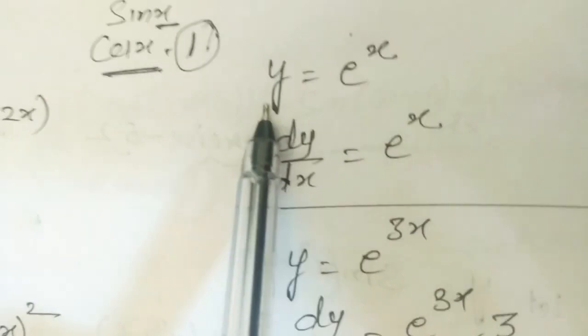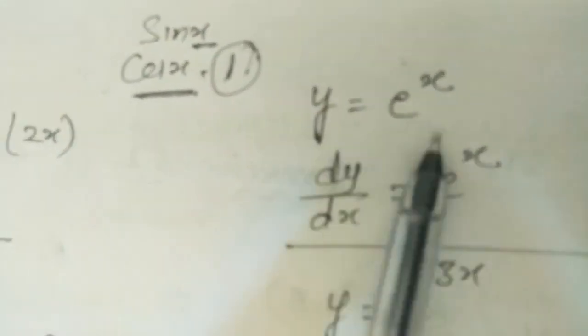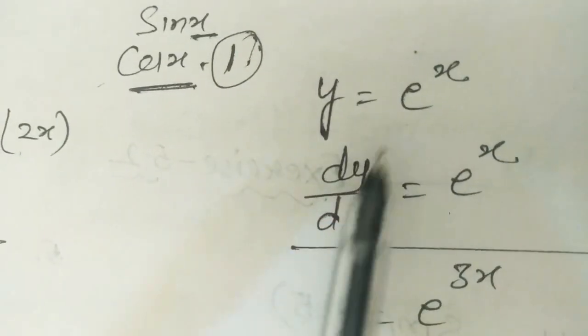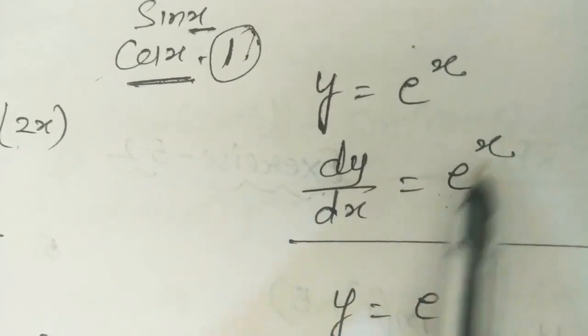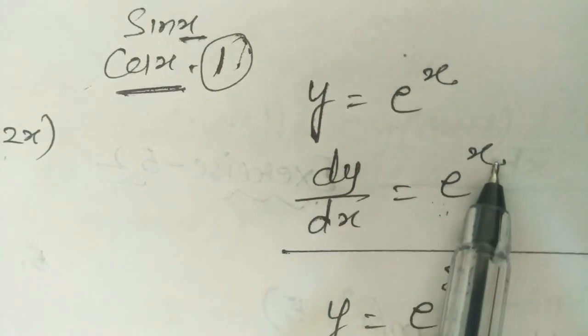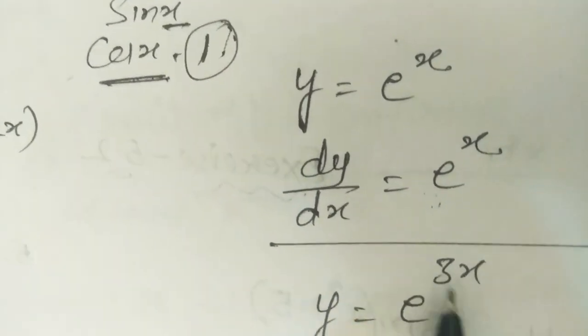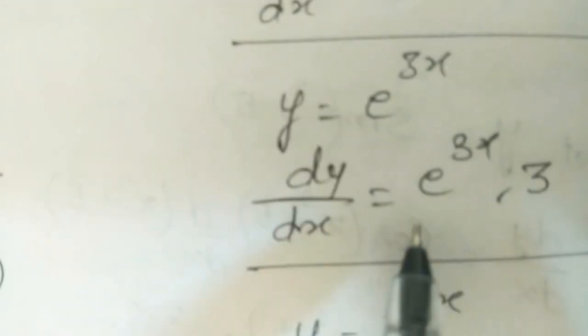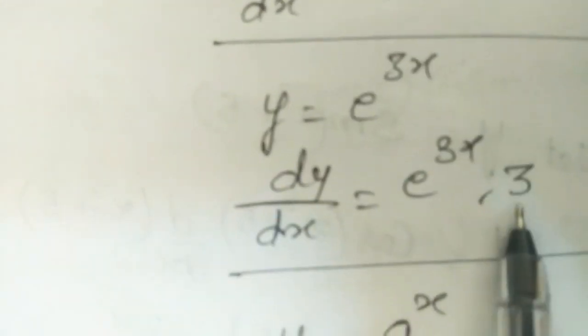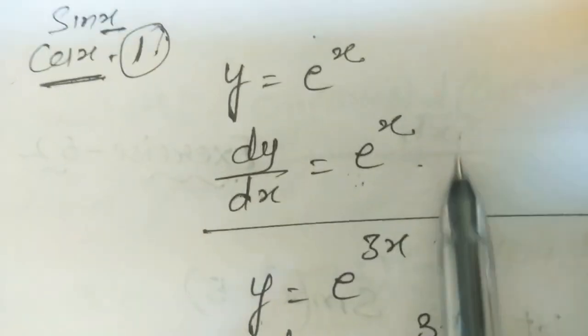Okay. Now come to the next question. One more formula, y is equal to e raised to power x. This is called an exponential term. What is the formula of this? Dy by dx, same, e raised to power x. E to the x derivative will be e raised to power x. Now, what is the derivative of e power 3x? E raised to power 3x into 3x derivative, which is 3. Here, we have taken just e raised to power x because e to the x derivative is e to the x into x derivative, which is 1. So, no need to write. So, we will apply the chain formula here.